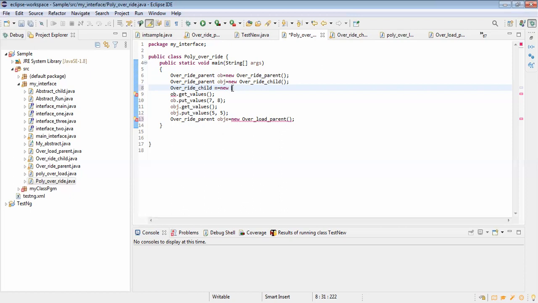Clear? Yes, sir. Very, very simple, guys. There is nothing to think a lot about. You just see based on what I am creating the object. The left side is the class for which you are trying to create an object, with the help of the right side class constructor.